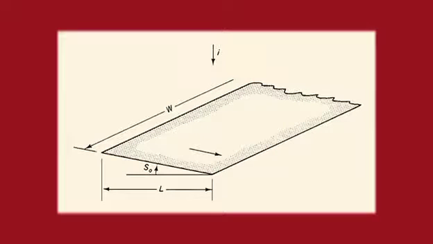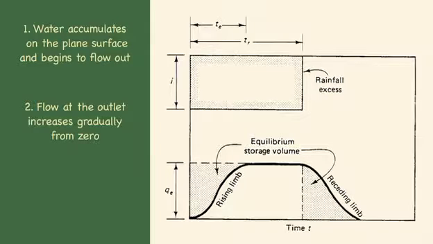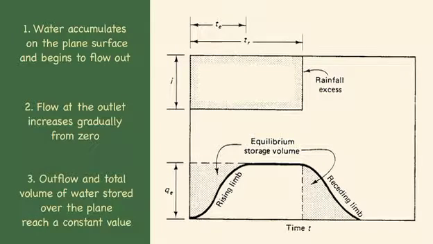Flow over the plane can be described as follows. 1. As excess rainfall begins, water accumulates on the plane surface and begins to flow out of the plane at its lower end. 2. Flow at the outlet increases gradually from zero, while the total volume of water stored over the plane also increases gradually. 3. If rainfall excess continues, both outflow and total volume of water stored over the plane reach a